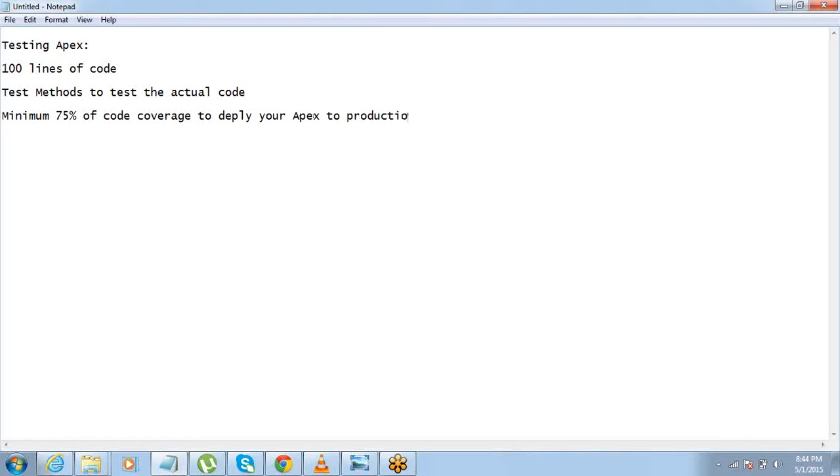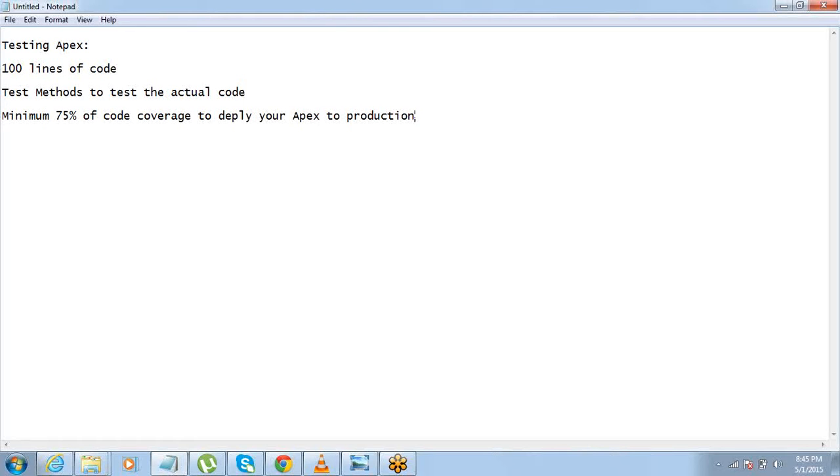Simple thing. Minimum code coverage which is required is 75%. If your code coverage is not 75%, you cannot deploy your Apex to production. Fine. So that's the logic.